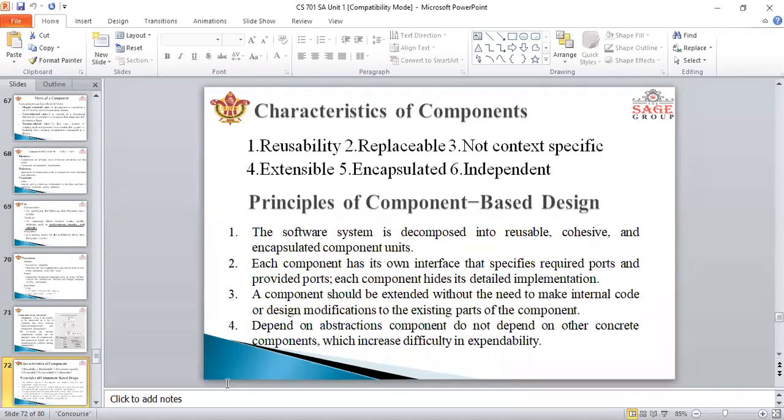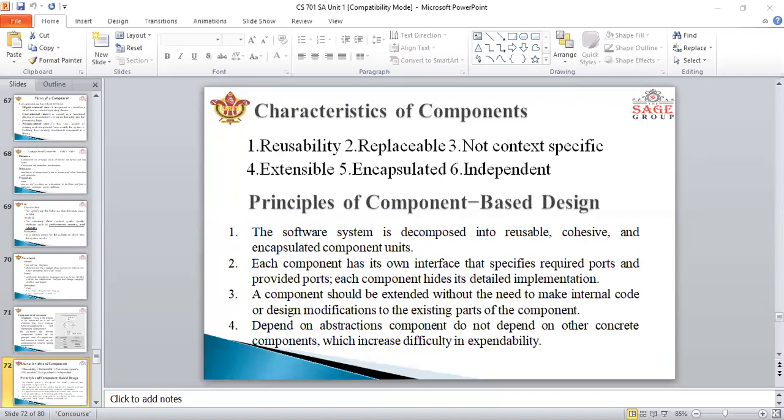And also here you can see the principles of the component based architecture. So a component level design can be represented by using some intermediate representation that can be translated into source code. And the design of data structure, interface, and algorithm should conform to well established guidelines to help avoid the introduction of errors.